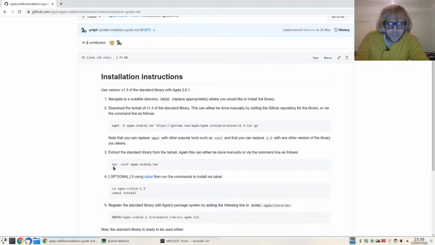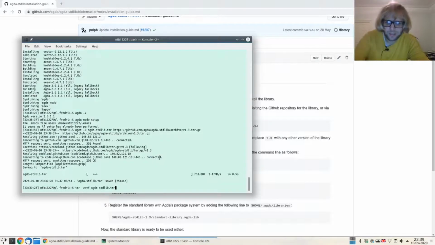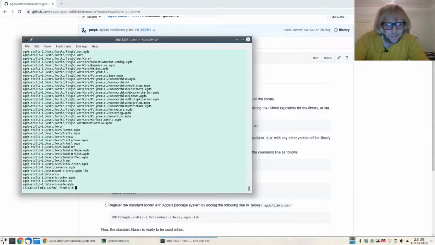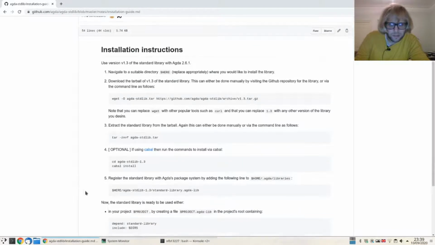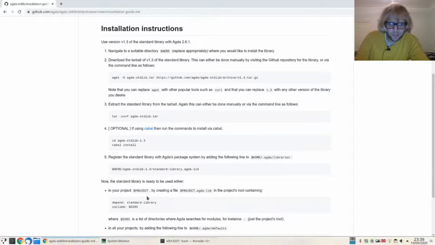then we unpack it like this. It's going to unpack into its own directory. Okay, then we can skip this optional step, but we do have to register the library so that Agda knows